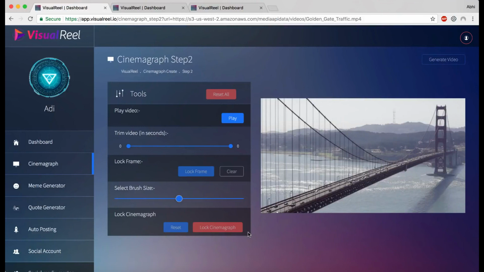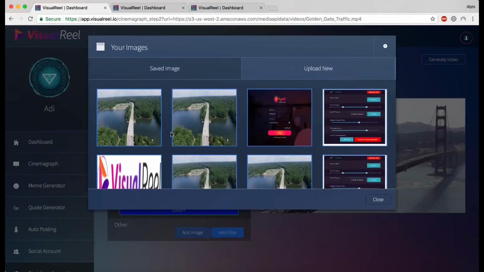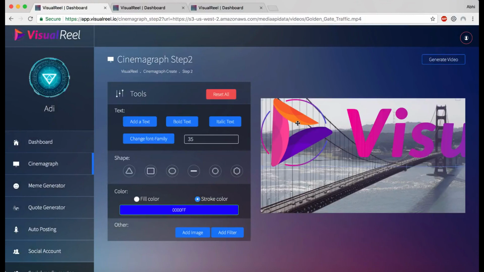We fixed a lot of bugs from 29th of December till 3rd of January 2018, but the cache had a problem and the server team couldn't hard refresh the cache. So sometimes it might not work, but if you do a hard refresh, everything should work just fine. As you can see, I can select everything right here, click on the lock. Let me try and add an image. Okay, so here's the image. I'm going to resize it a little bit.